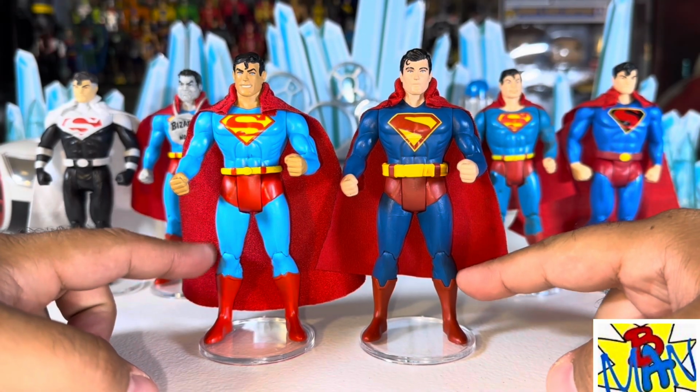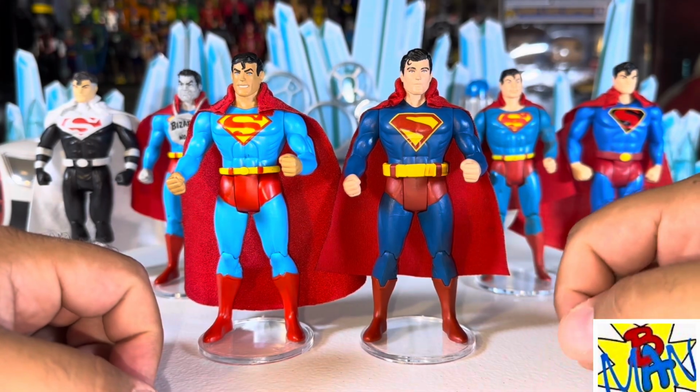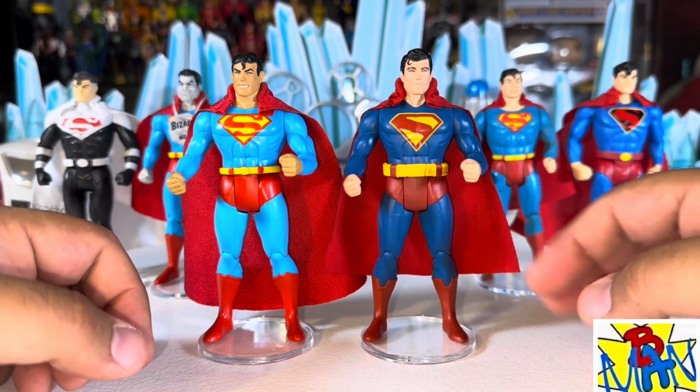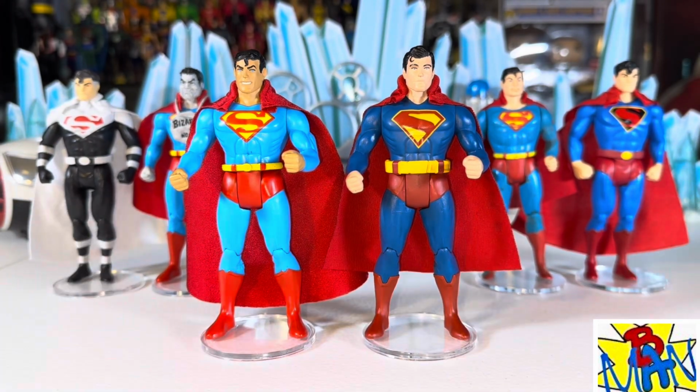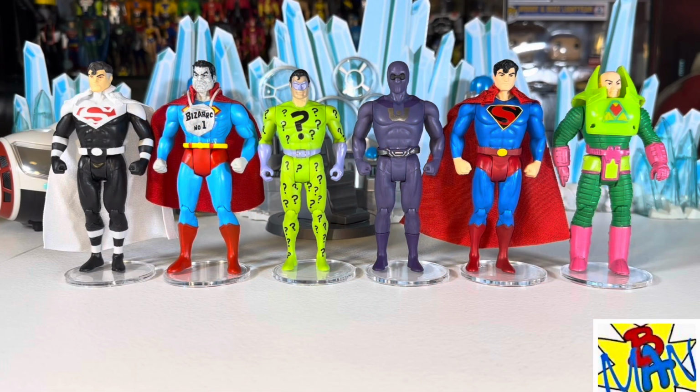The bottom half of the legs is different. The belt, of course, is different. And the head sculpt's different. And the cape is different. This new one is shorter. So very, very interesting. Next up for an Ultraman comparison, here he is with Justice Lord Superman, Bizarro, Riddler, the